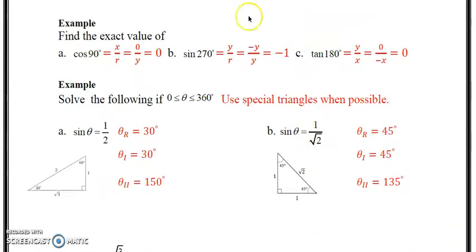Let's apply some of these. It says find the exact value of cos of 90. So remember, cos of 90 is equal to x over r. x would be 0, and r would be y. So it's 0 divided by r, which would be 0. Sine of 270 is y over